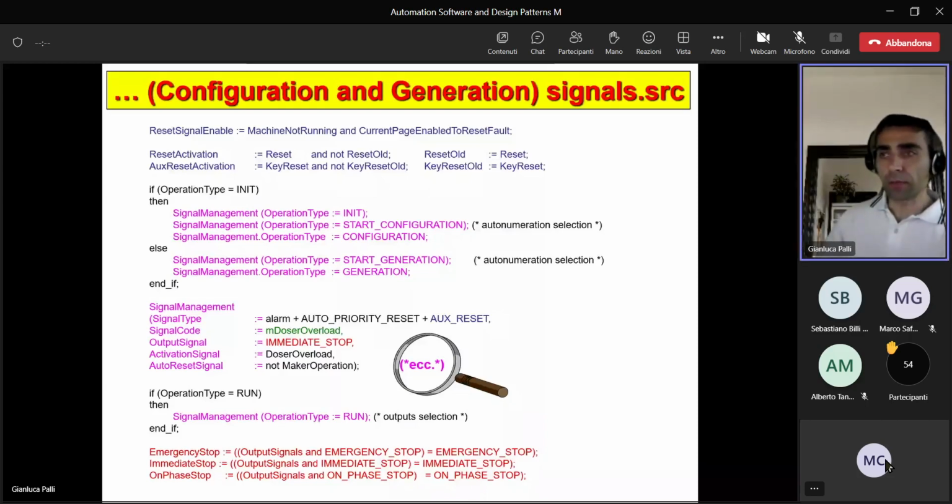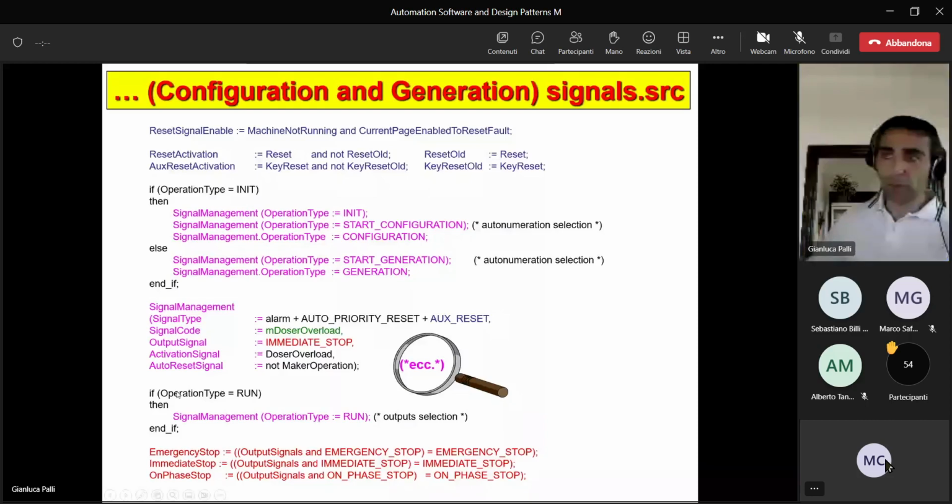That maybe could be something that, for some reason, you can do. For example, in case you want to update also during the machine initialization the user interface with some information about the configuration of the signals. It can be. So take this as a potential implementation of the mechanism. It is to understand the mechanism. Then, of course, when you know what happened in the system, how the system works, then you can, if you want, for example, execute the running operation of the signal management also during the initialization,